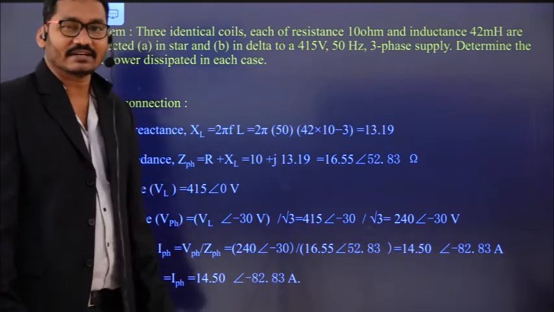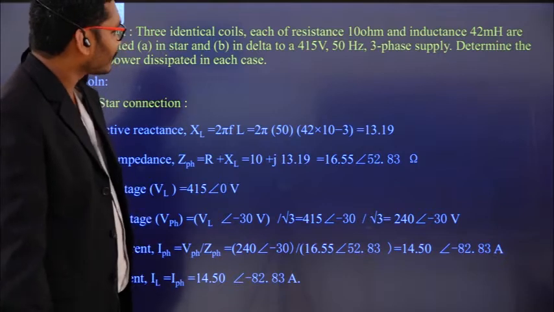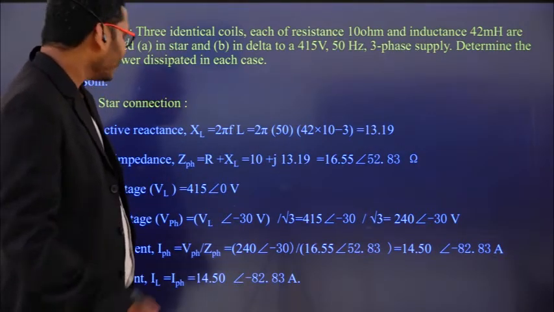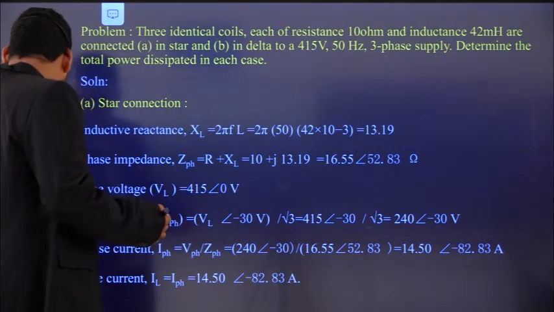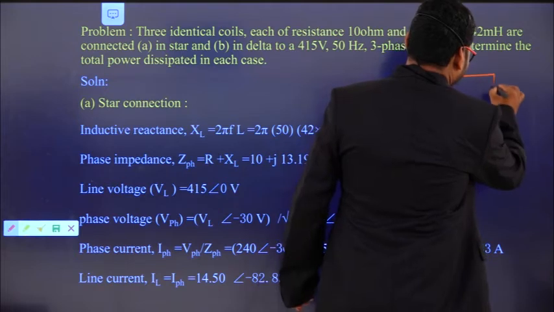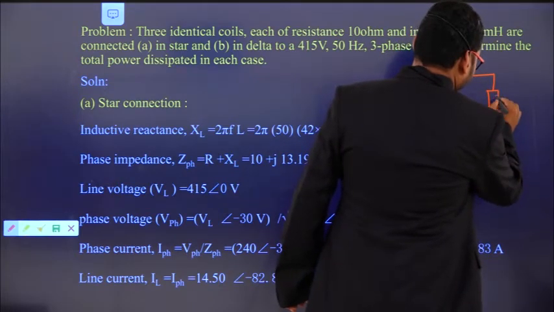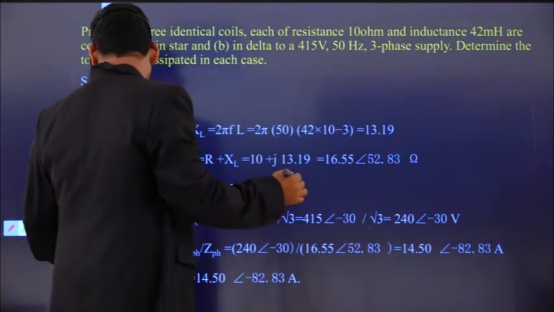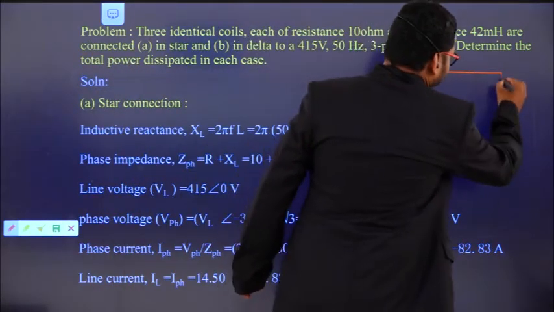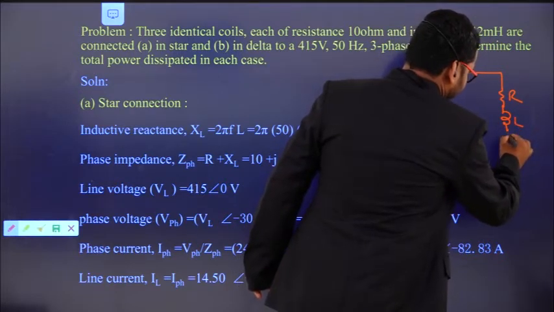Okay, so this is the balanced case. He has given 10 ohms resistance and the inductance is 42 millihenry. It means for the star connected load, if you see here, we already know this is the star connection. So if you see here, this is the resistance, inductance,